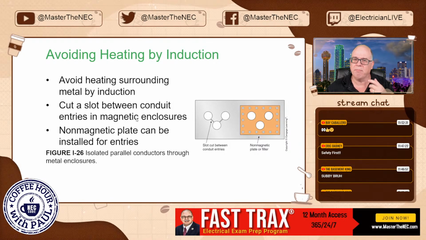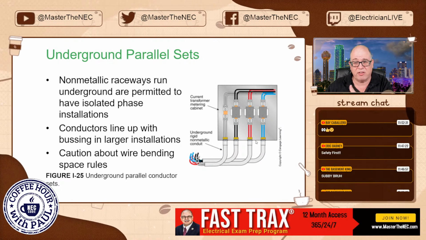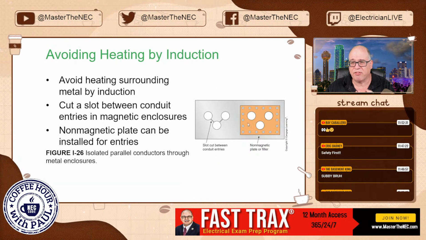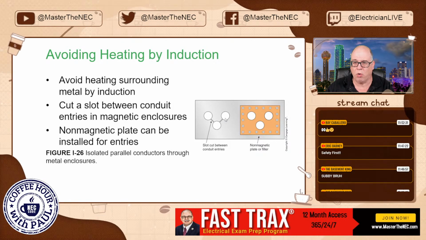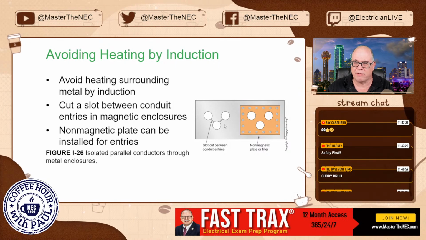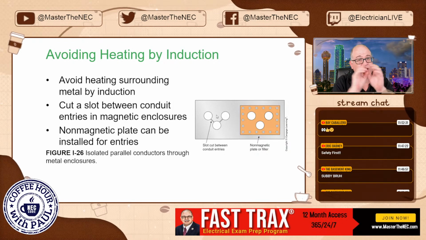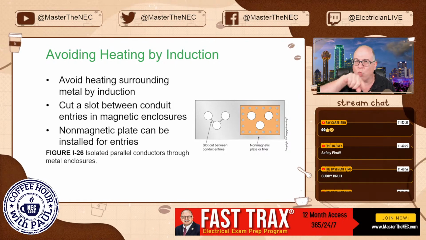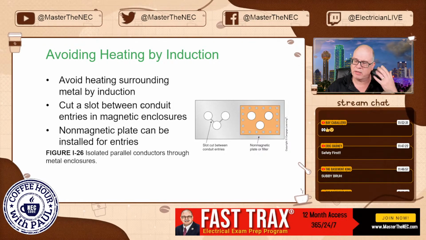And most importantly, it's going to be a condition right here because of this separation, you're going to have heat and you're going to have inductive heating. And you have some options here. You can put a non-magnetic, like an aluminum plate or some type of filler plate, or you could take a hacksaw or something and cut a connection between those. And effectively what you're doing is you're creating one theoretical big opening. Yes, I know it's three separate ones, but as far as the magnetics, it treats it as one opening, and it's an easy way to get around it. Okay, so just keep that in mind if you're using that application.